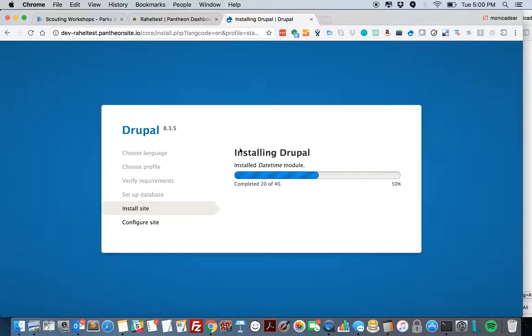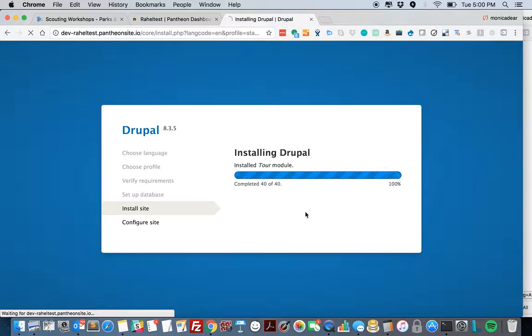And you can use just the minimum versions because you'll go in and make edits to this. So you just need to get it up and running with the basics that it needs to function. So a minimum version is fine. And then when we configure the site, let's make it something that you can remember. So choose a username and password, and you become the first person to be the admin on that version of